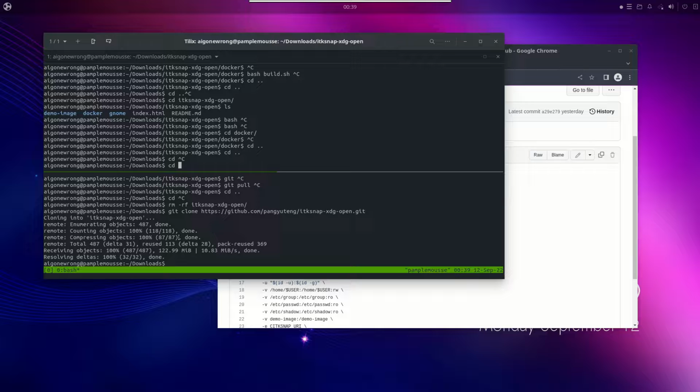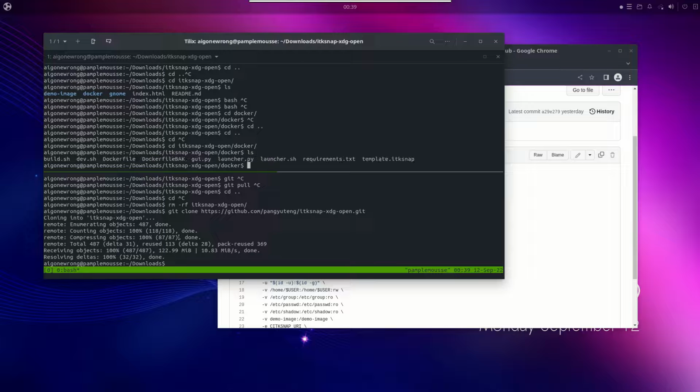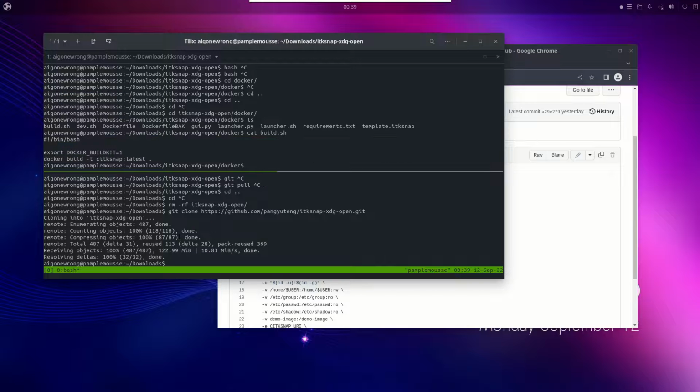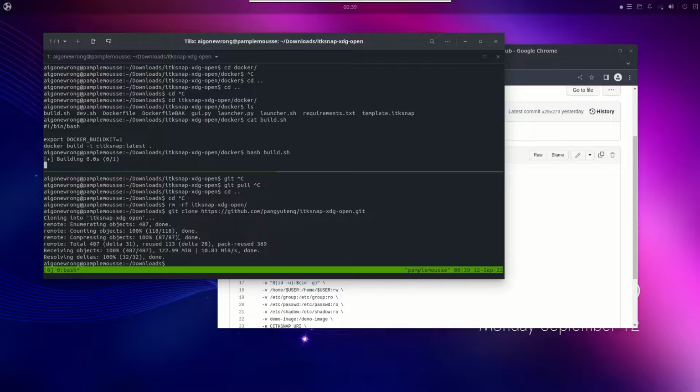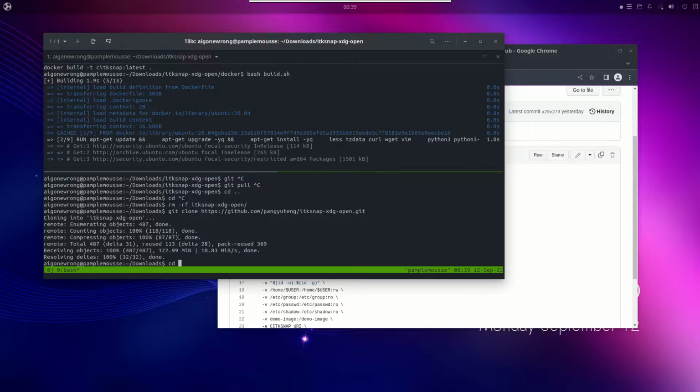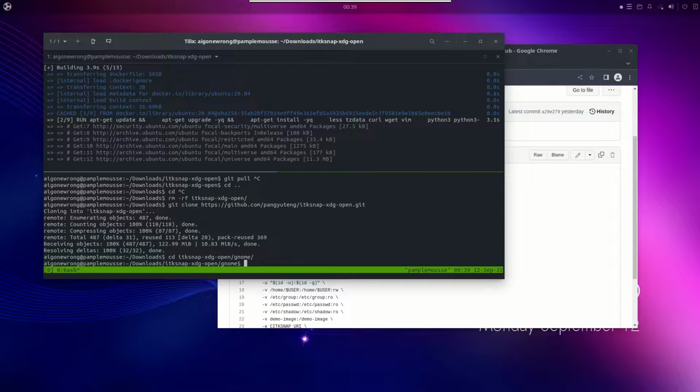Once we've cloned this repo, since for this particular example itksnap is installed in a container, we'll have to build a container first. So go into the Docker container. You do have a convenient script, build.sh file that builds the container for you. So we'll run that. And while we're running that, we're going to go to this gnome folder,